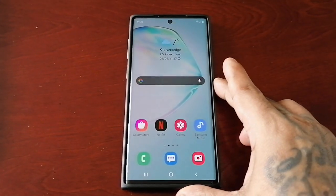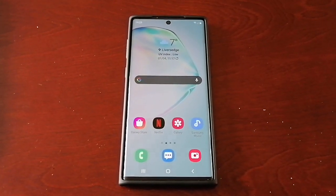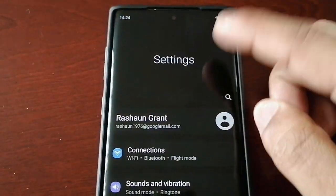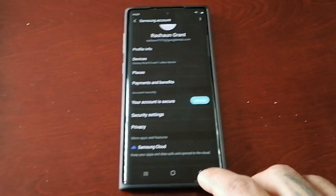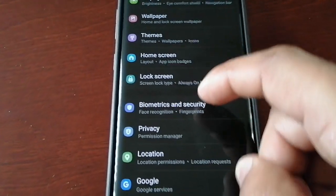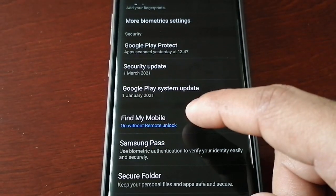So I'm just going to put the Ultra to the left for the moment. What you actually need to do is borrow a family member's Samsung Galaxy device, or if you have another Samsung Galaxy device that's your own, just log into the Samsung account. Go into the settings here and log into your Samsung account. Just enter your email address and password. And once you've logged in, go to biometrics and security, and then scroll down to find My Mobile,